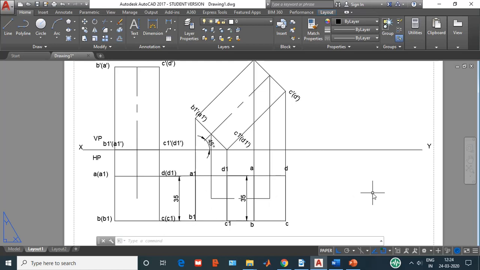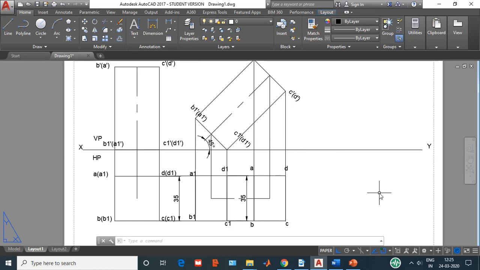Got my point? You need to check first what is inclined to VP. The inclination to VP is of the edge of the base on which it is resting, which is CD. If that edge is not changing its length, then you don't have to find apparent inclination. If it is changing its length, if this length was less than 35 mm, then you are supposed to find the apparent inclination beta.